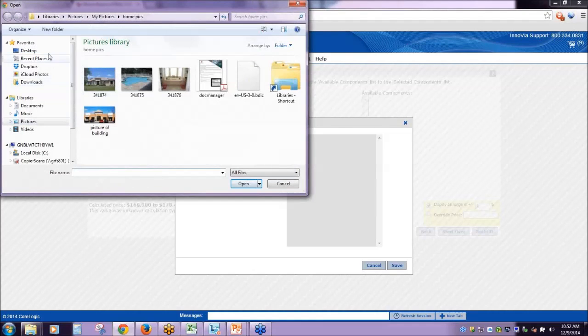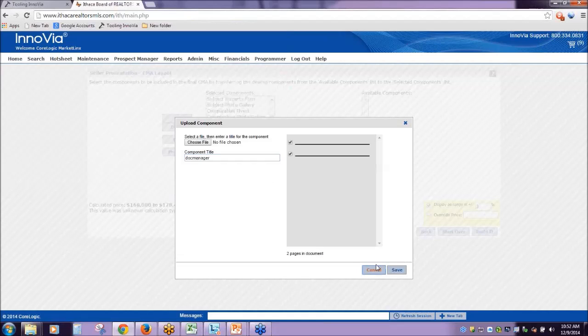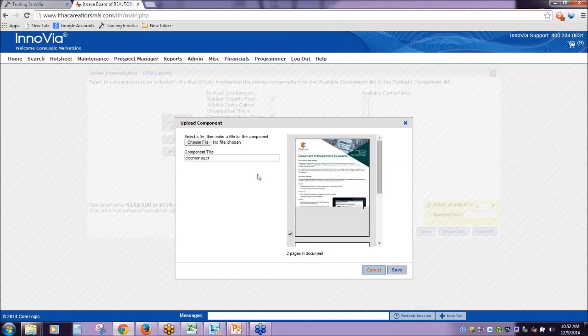It would take you out, find the PDF that you want to put in. I probably shouldn't have done that. And put the title that you would recognize. So I could give this a name. This could be the realist map. You know, you could really get creative. And when I click Save,